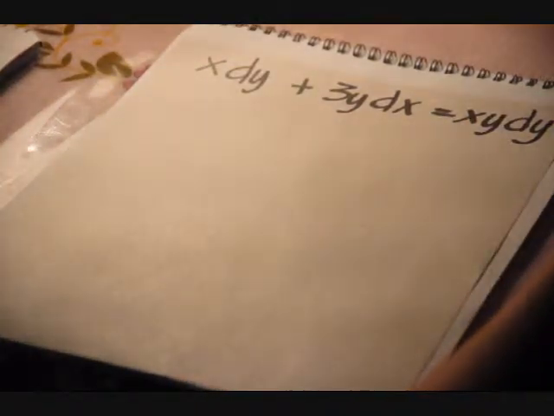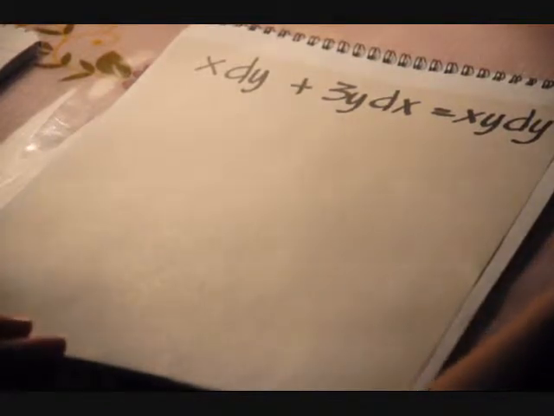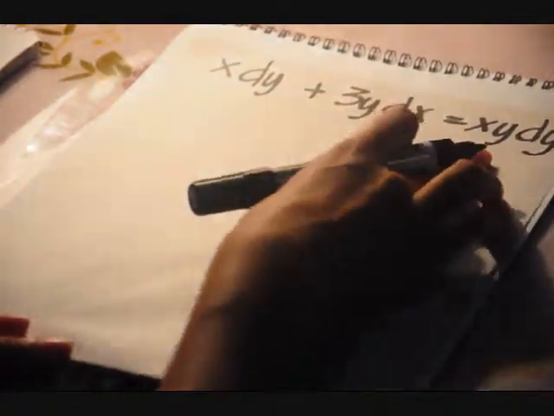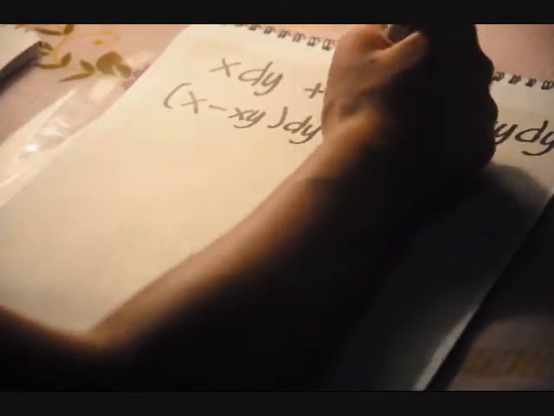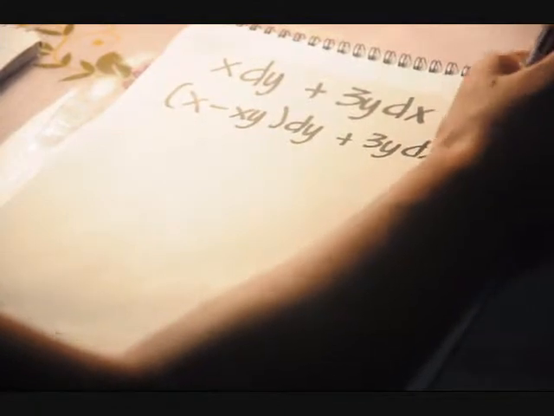Everyone, now we are going to solve problems of first-order differential equations. Let's start with the first problem. Here is the equation, x dy plus 3y dx is equal to xy dy. By writing this equation in the form (x minus xy) dy plus 3y dx equal to 0, we recognize that